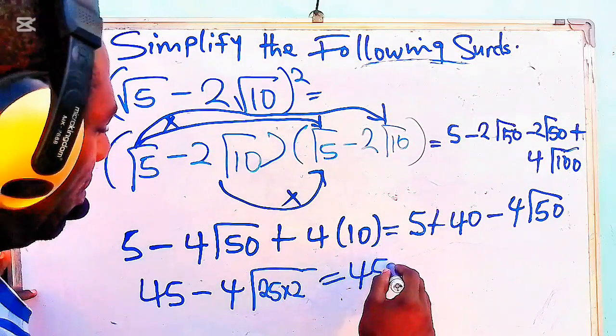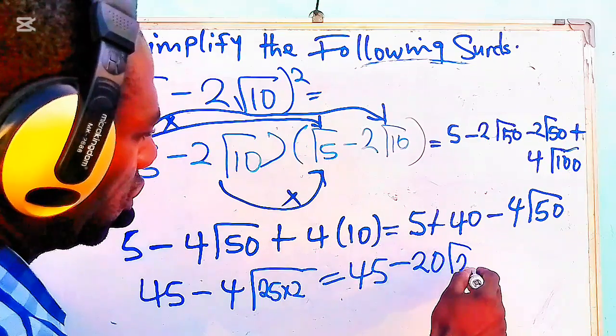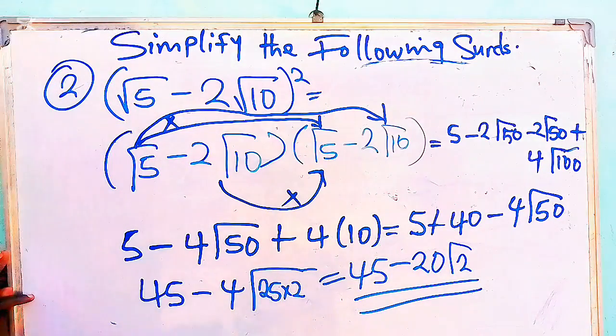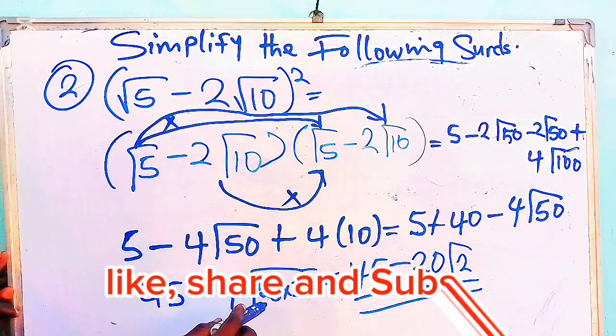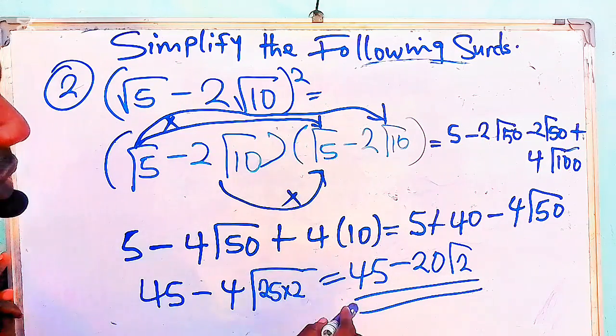minus 20√2. How do we get 20? The square root of 25 is 5. 5 times 4 is 20. So we are now left with 45